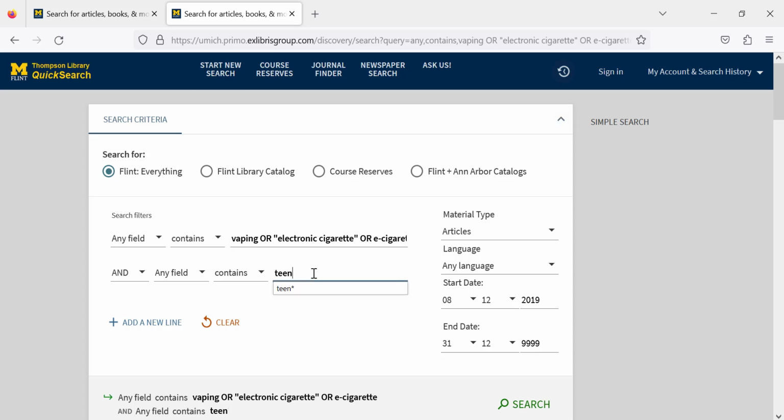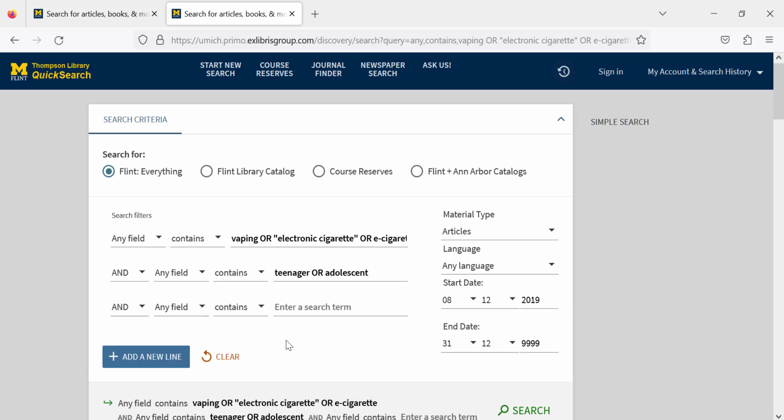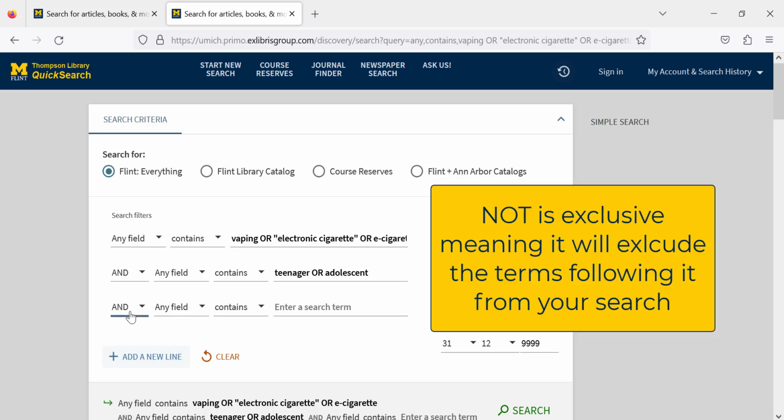So for example, if I'm going to put in teenager or adolescent, I can also add in a new line so that if I am seeing a lot of articles that are related to, say, marketing or other things, but I really want to focus on the issues of health, nicotine, I can actually add another search line, and I can change this. You could either do an or a not. In this case, I'm going to do a not and put in here things like marketing